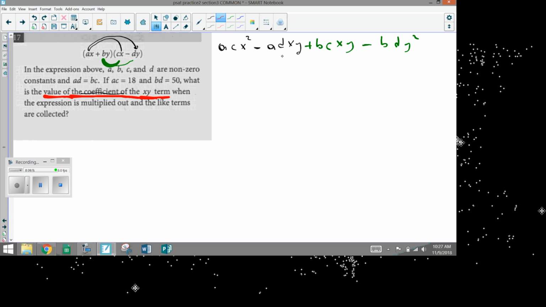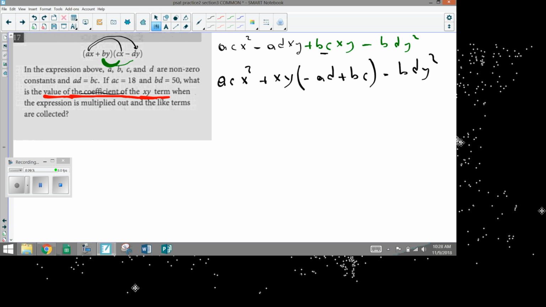So let me write that again. a c x squared plus, take out xy. Take out xy from here. What would you get here? Good job. And take out xy from here. Plus b c. So when you take out xy, you're going to get b c here. Minus